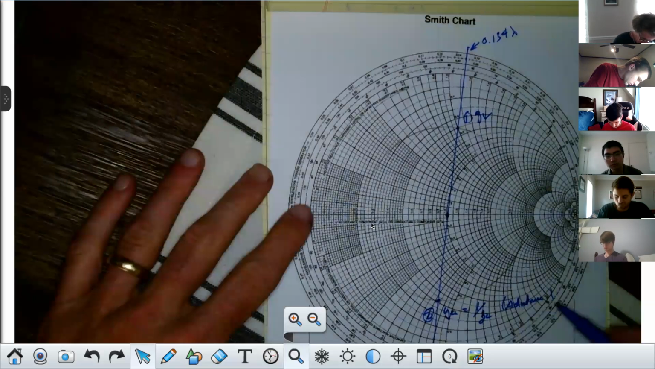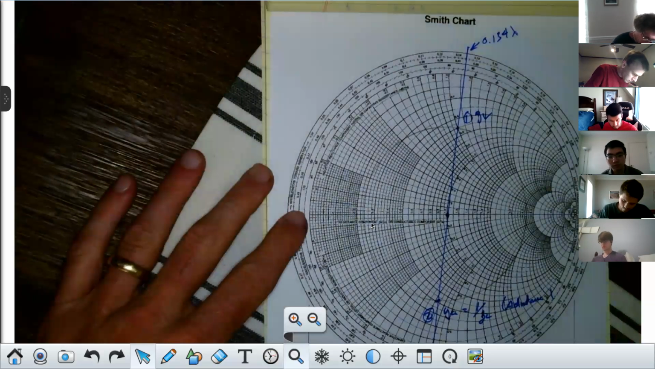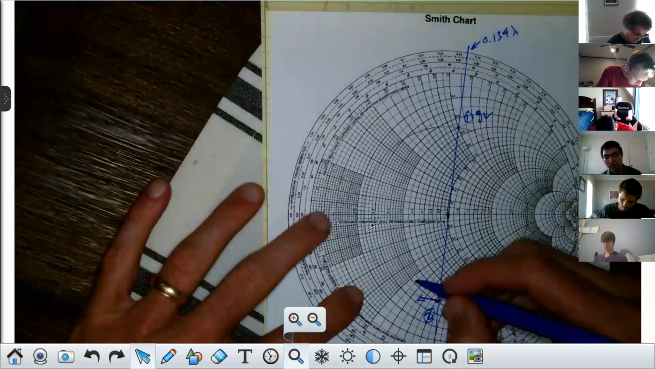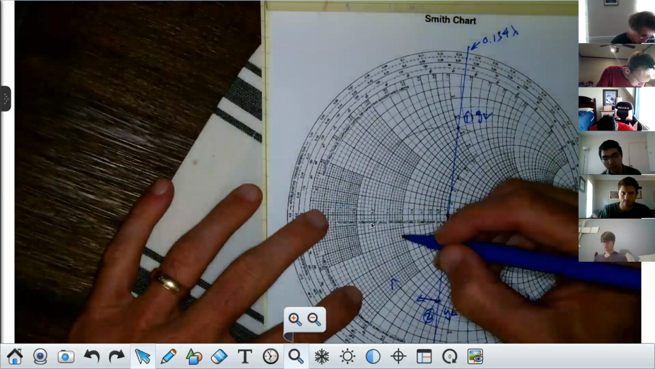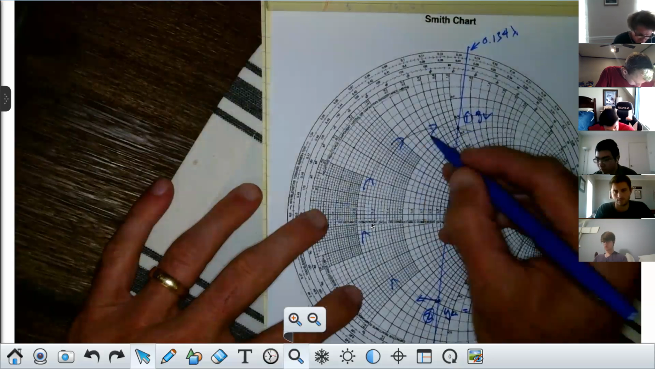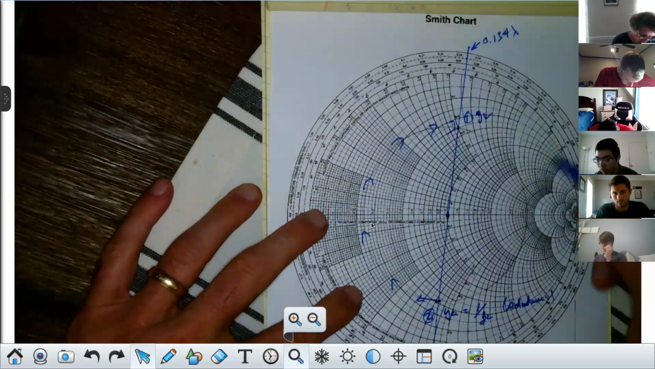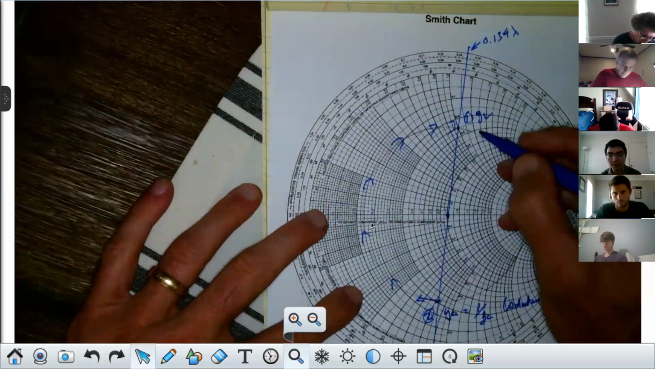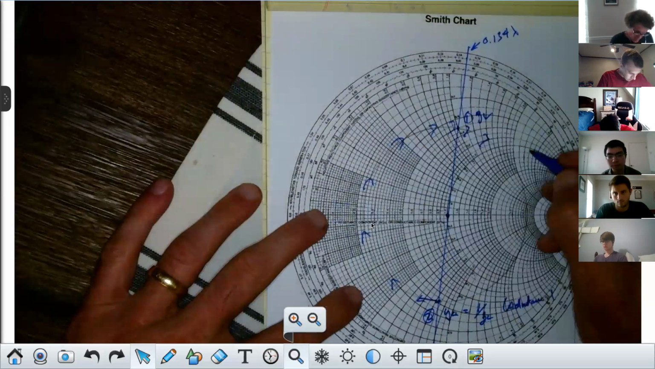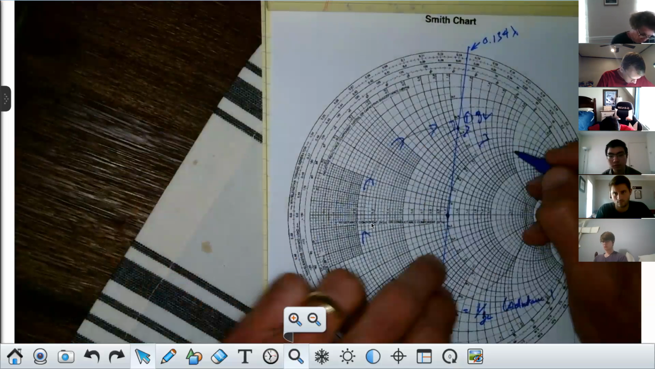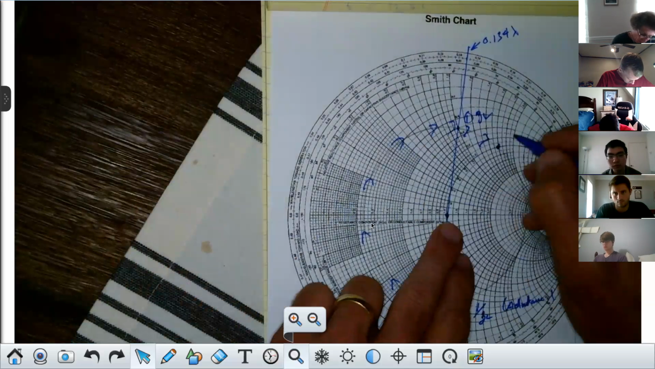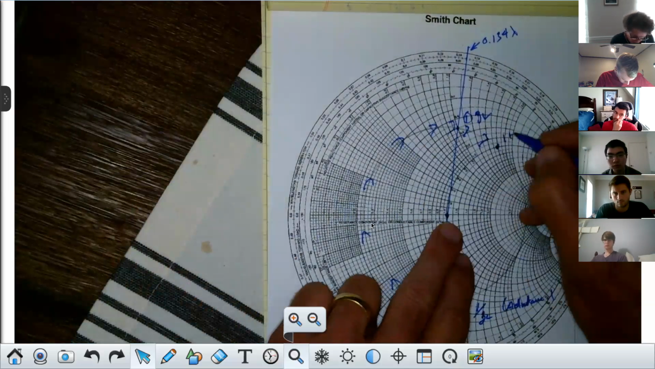So I'm going to move from here. That's still going to be wavelengths toward generator. I'm going to move around this circle. Keep going, keep going. You'll notice I'm moving right through the load point right here that I came in at. So I'm moving a quarter wavelength right off the bat. And now I'm going to move to the point where I intersect the 1 circle. And here's the 1 circle. I'm going to move to the point where I have 1 plus j